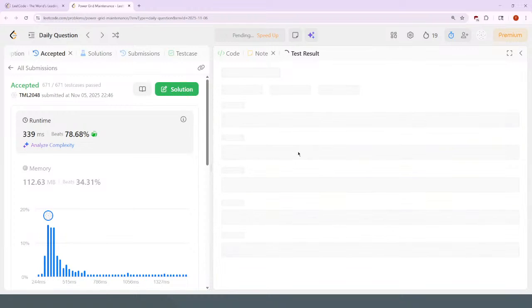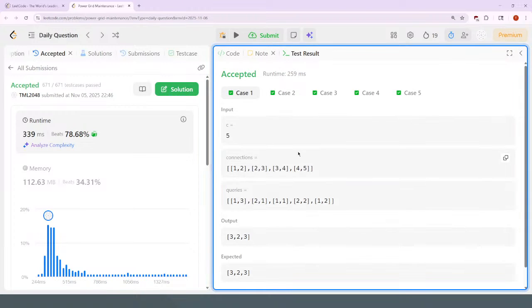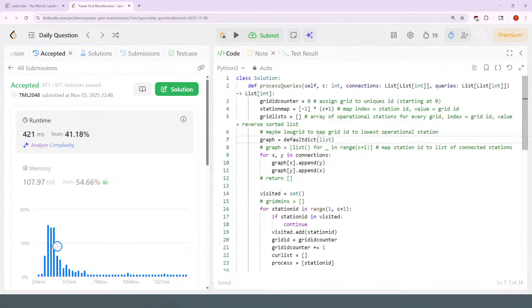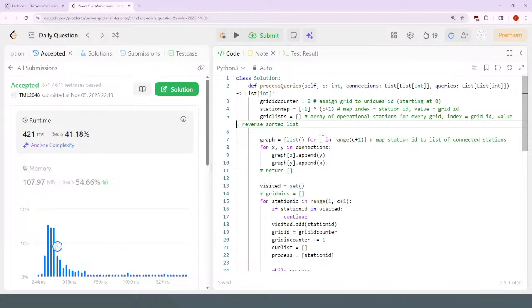Three, 339. Holy cow, this is slow. This is probably the same speed. Oh, okay. 421. I guess that did make it slower. Okay, going back to the array of lists rather than the dictionary of lists. Okay, so